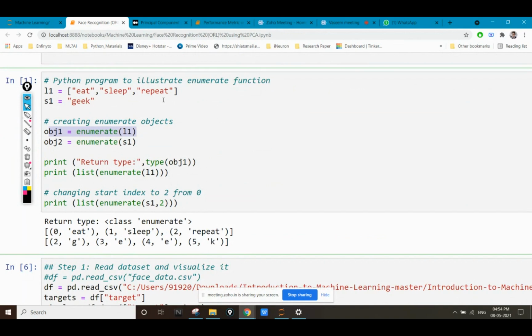It assigns an index position to all these values, and with the help of enumerate we can also specify a value from where to start the index. Like in the second case, I am giving a value 2, so my index will start from 2. For geek, G is 2, E is 3, E again is 4, and K is 5. If you do not give a start index, by default it starts from 0; if you do, the values start from that index.